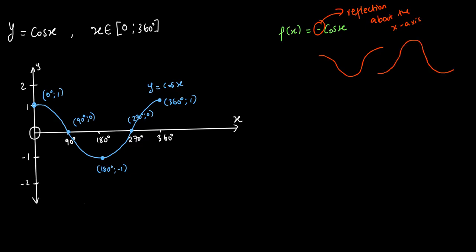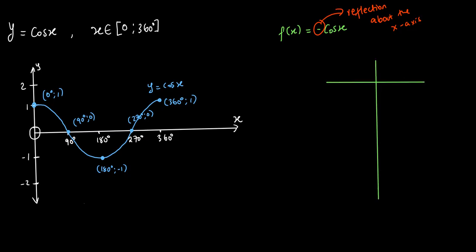We can say, let's have our table here. Then we're going to have x and y. Then remember, we have 0 degrees, 90 degrees, 180 degrees, 270 degrees, and 360 degrees. Now if you say negative cos 0 degrees, what do you get? You get -1. You get 0. And then